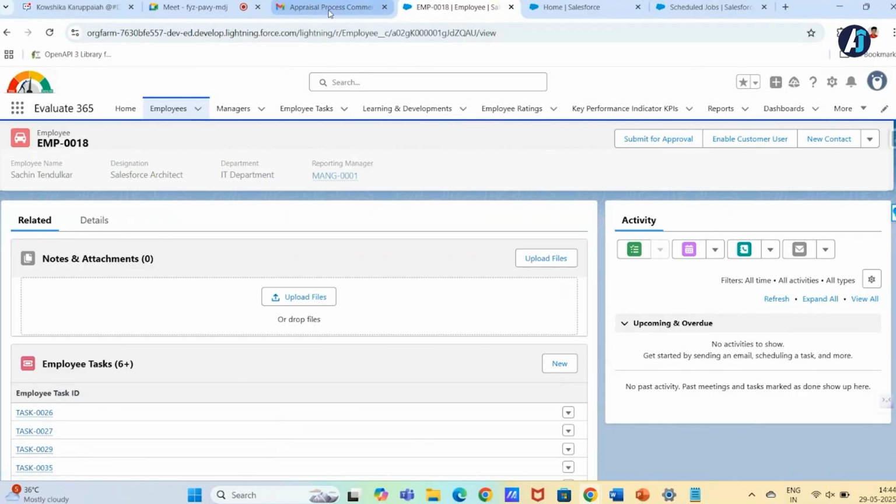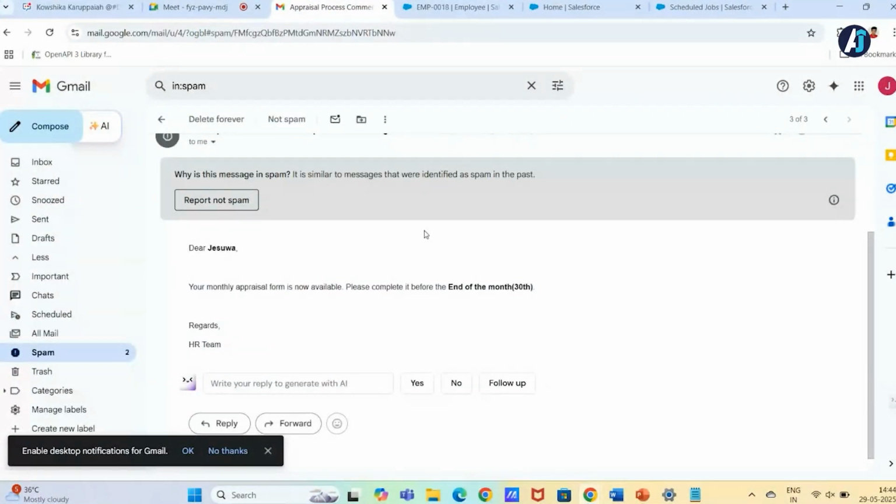For every appraisal process, I have scheduled this mail system; everything we have done in a scheduled manner. Every month on the 27th, the appraisal performance calculation will be started, and on March 27th, because it is the financial year end, they will be calculating the yearly appraisal.